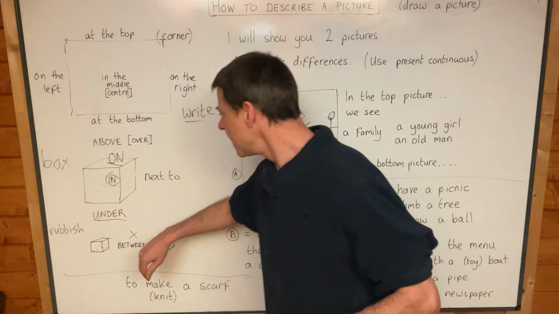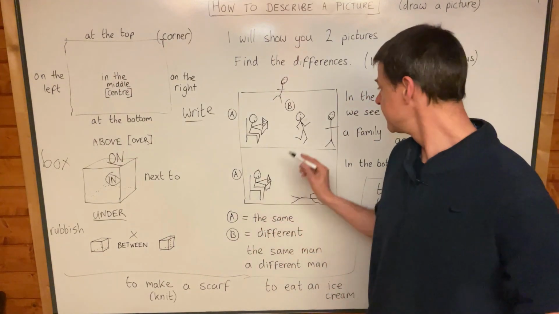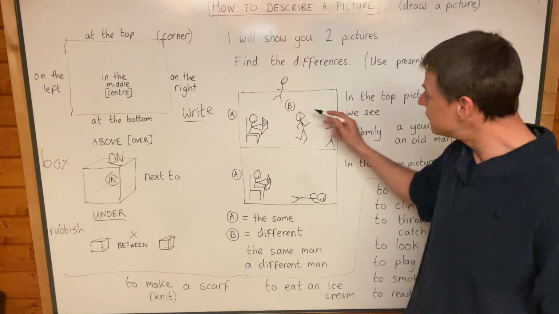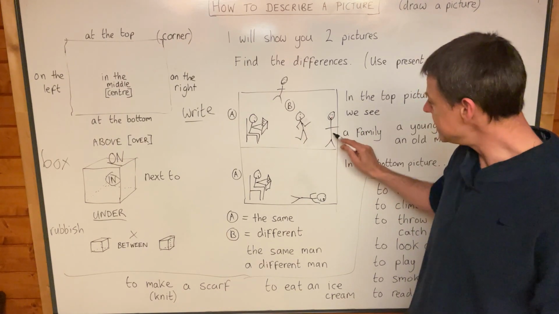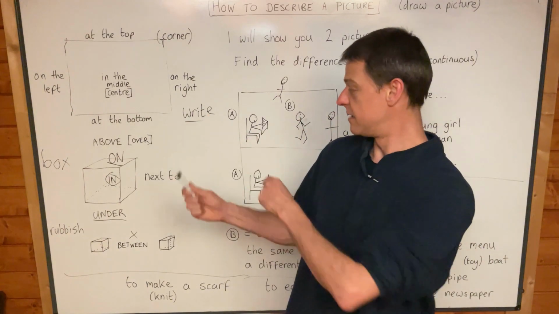But yeah, you have under, on, in, next to. Next to, so he is running, or he is standing next to this man. He is standing next to this man. Next to just means here, yeah? So the word